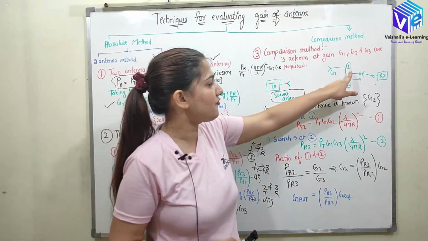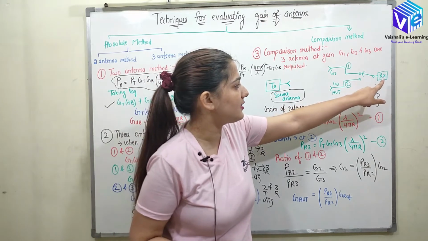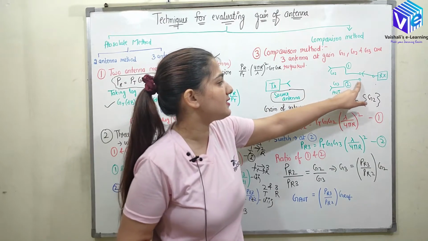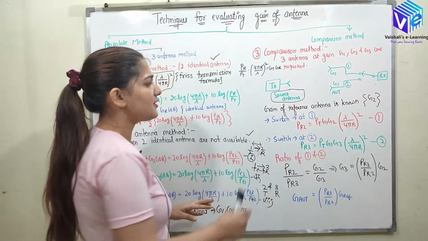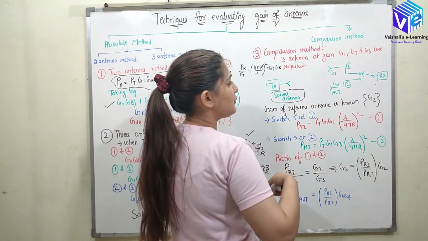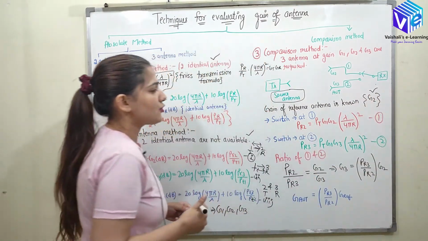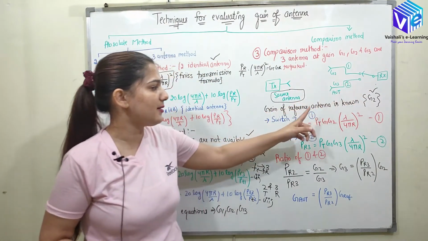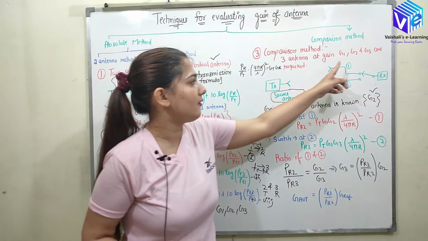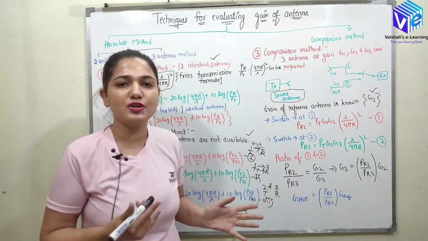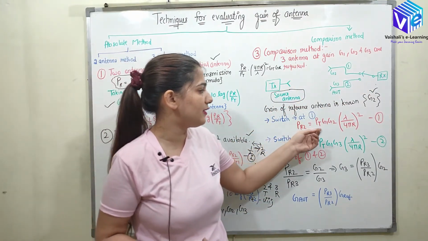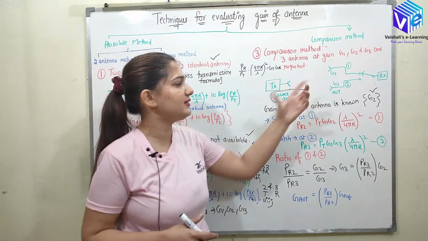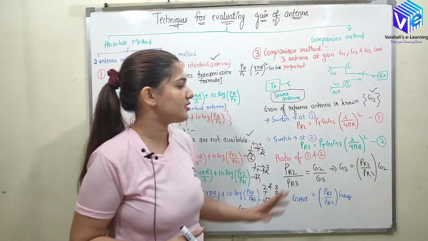G2's gain I know. So first I will be taking the receiver connected to terminal 1 and then I will connect the receiver to terminal 2. Right, so gain of reference antenna is known, which means G2 is known. So now first I will place the switch at terminal 1, and when I place the switch at terminal 1, this would become my communication link and the first transmission formula can be found out. So PR2 will be equal to PT G1 G2 lambda upon 4 pi r square. You can see the distance between them is constant, so I will be taking the distance to be r only.